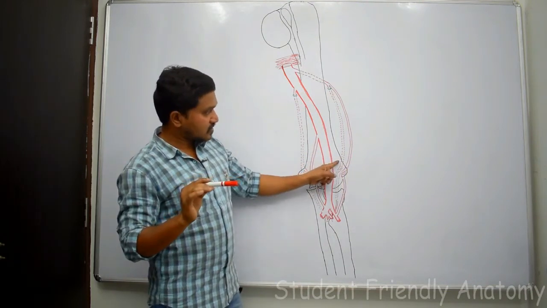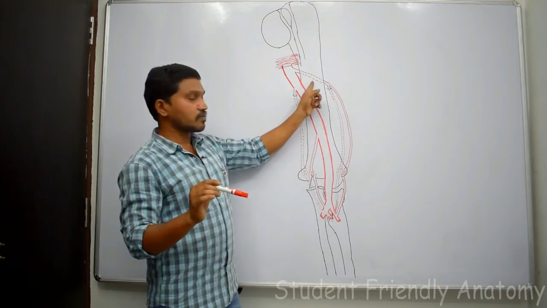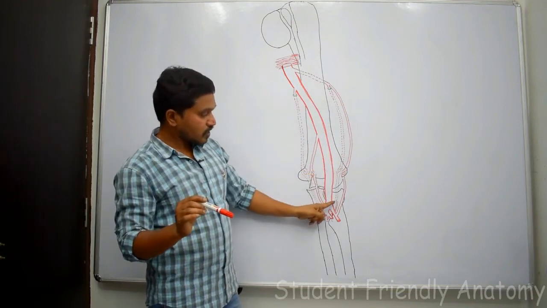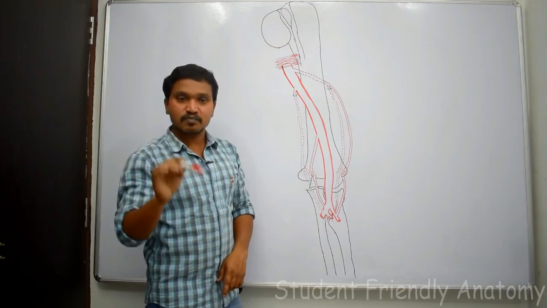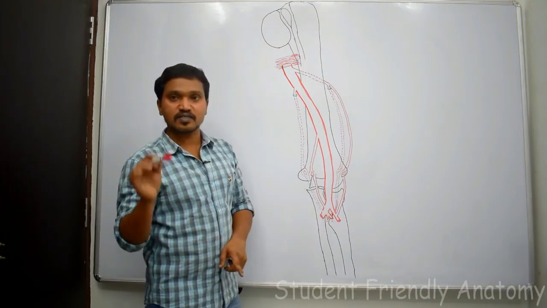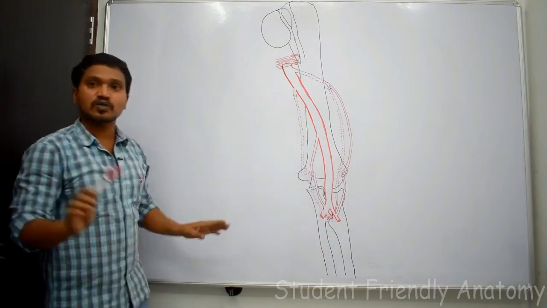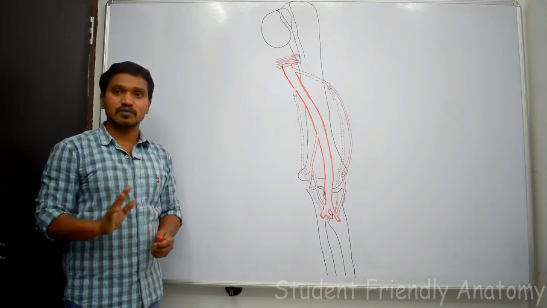Then what is this? Posterior descending branch of profunda brachii artery in the upper part. From the lower part, interosseous recurrent, a branch from the posterior interosseous artery. So these two are anastomosing. So this is the anastomosis around the elbow joint. If you write this much in the examination, that is sufficient.